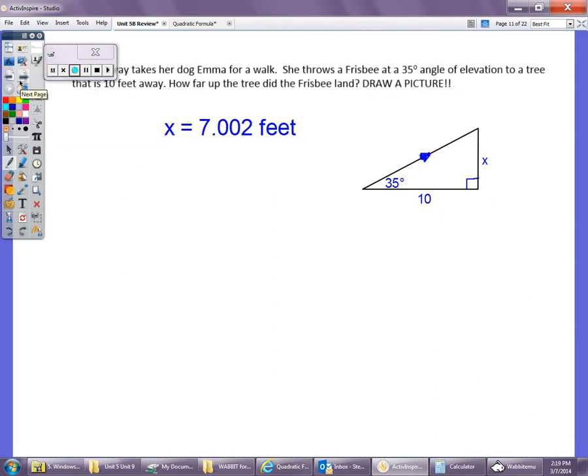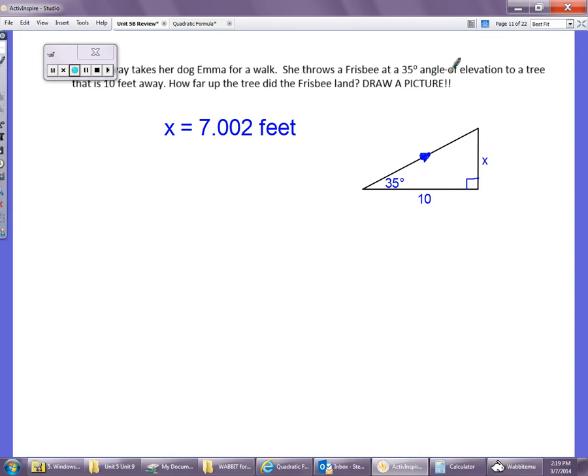Next one. So Miss Conway takes her dog Emma for a walk. She throws a frisbee. So the frisbee is being thrown up. Again, angle of elevation. Look up. So your angle should be down here. You're throwing the frisbee up, and basically it's going to go towards a tree. The frisbee is going to land in the tree. So because of that, looking up is your angle of elevation. So that means when you set this up,